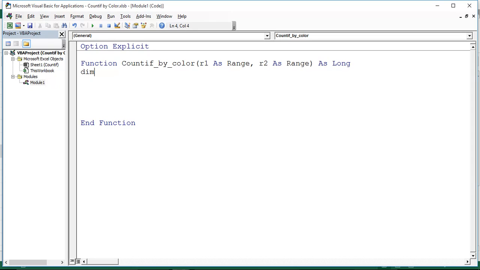Now here I'm taking Dim x as Long, Dim cell as Range. Okay, now I will put a condition here. I will use x as a counter, that is why I'm taking x equal to 0 first of all. Then I will use the For Each loop here. For each cell in the criteria range, which is R1. Next,